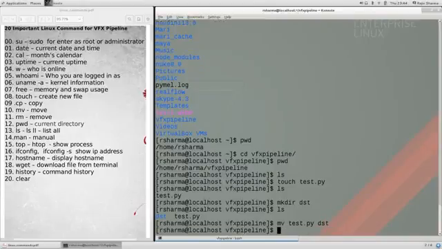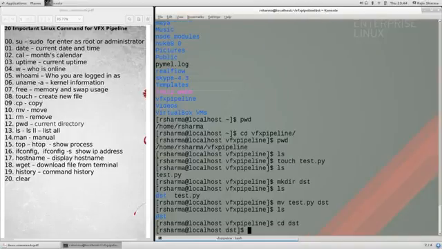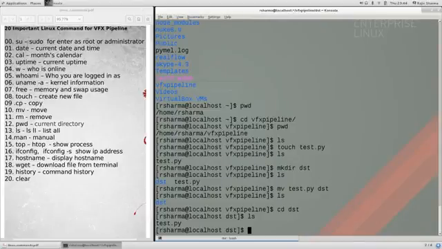Hit enter. Now if I press ls, you will see only the dst folder is there. Previously it was this, but now our test file has gone inside the dst folder. If you want to see that, you can go cd dst. We change the current directory to our destination directory, and if we press ls again to list,